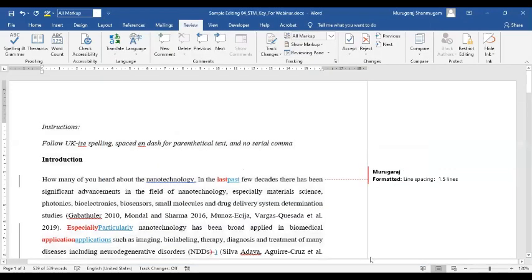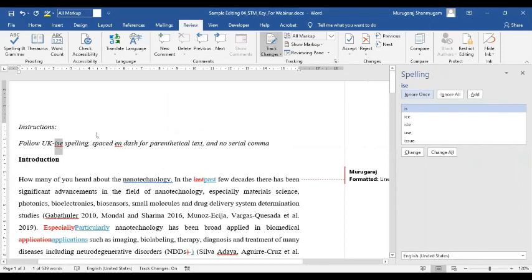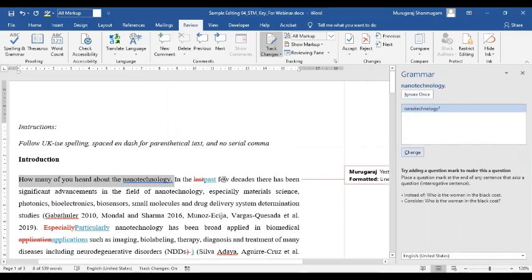Now go to the top. I want to see all the changes that are happening. Therefore, I'm going to turn track changes on and then start doing the spell check. F7 is a shortcut key for spell check. I hope most of you know that. F7, function key 7, is a shortcut key for your spell check. So F7, that's an instruction piece. So I'm going to ignore it. Ignore again.